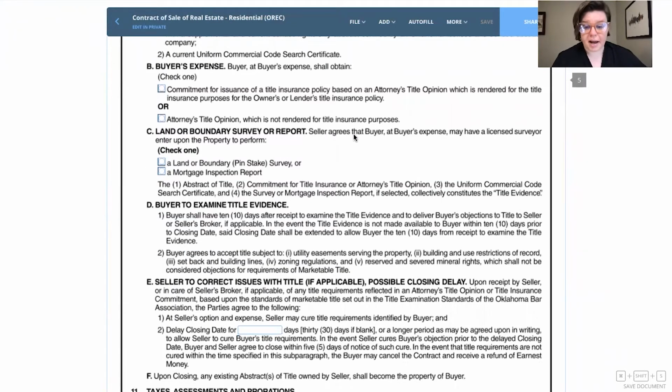Okay, letter C. So seller agrees that buyer, at buyer's expense, this is a buyer expense, is going to have a survey done. So there is a land or boundary, a pin stake survey. That's an option, which we don't typically do on residential properties that have already been surveyed and are on file